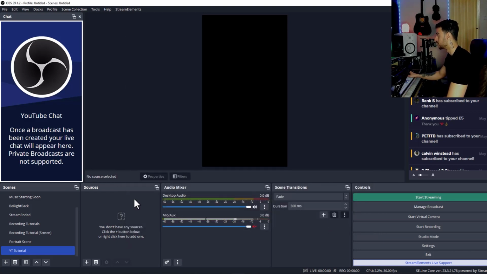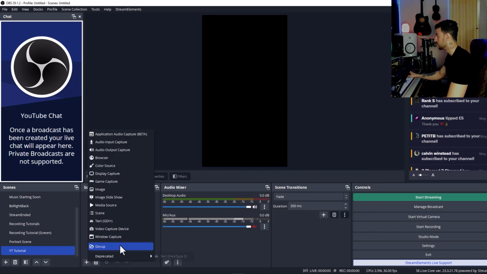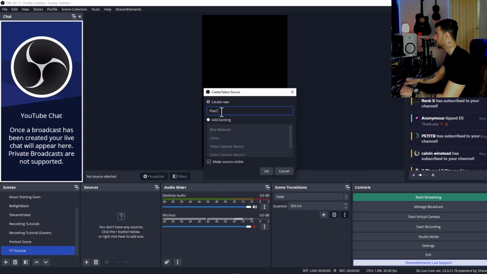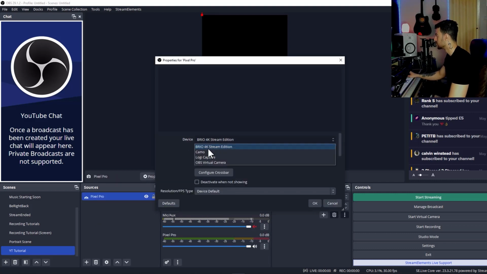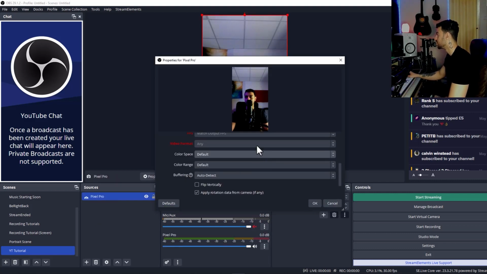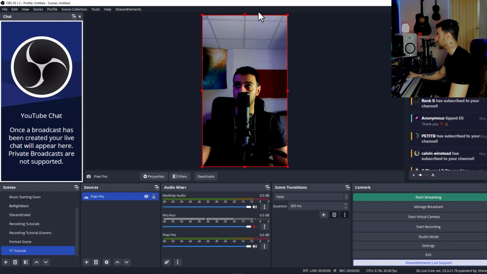Now let's add our first source. Press on the plus button and you want to add video capture device, which is your camera. We're gonna name it Pixel Pro. On the device, choose Camo. I don't tend to change anything within this window for Camo at least, and now our camera is loaded within